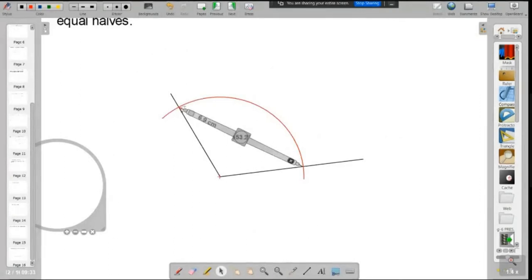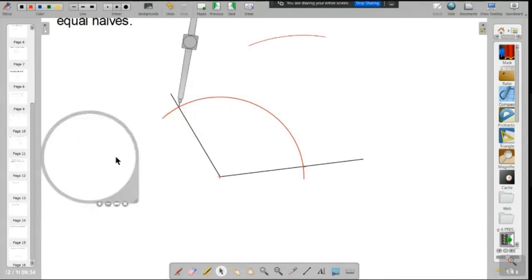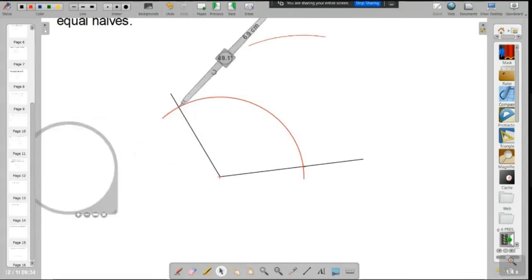I am just going to draw. After setting this, I will be drawing an arc here like this, one arc this way, and then I'll move the pivot to this end. Okay, that is how you draw it. Same thing, I'll rotate it to over here. I'll have to draw one more arc here. Holding it here, I'll draw another arc here. So the two arcs intersect at this point.